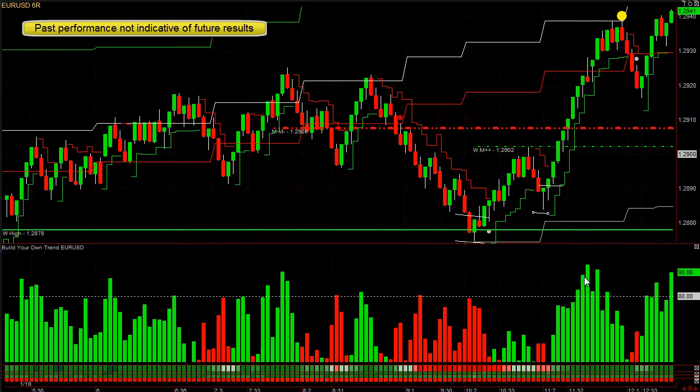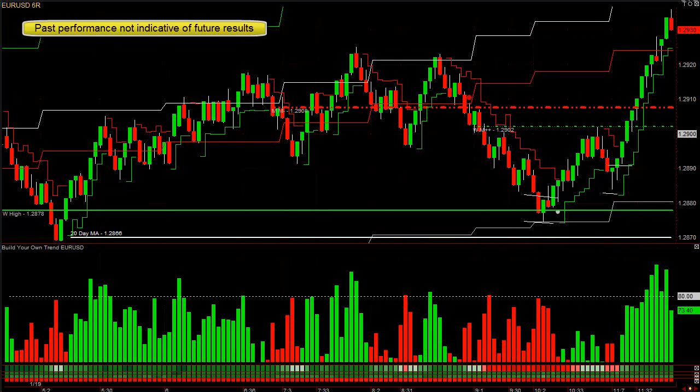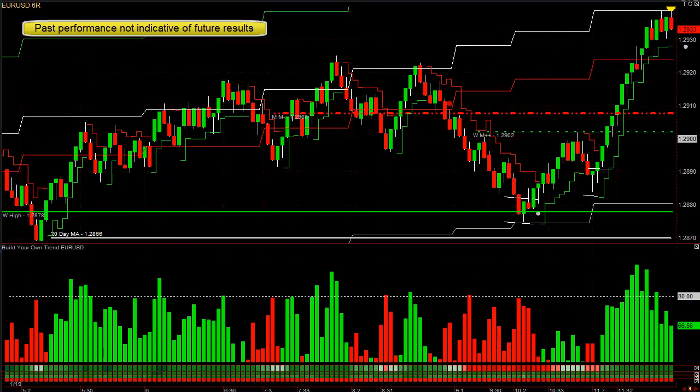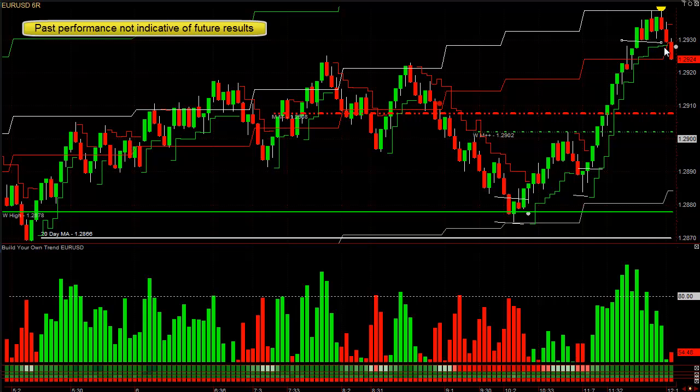Counter trend sell signal right here. At the same time, the momentum is slowing down here, as you can see. Let's scroll this over. If you're in a trade and the momentum is starting to slow down, you can watch this on the next bar and maybe get out of half your trade here at 32. Oftentimes, when I see a bunch of bars with a similar low, I put my stop underneath the low. I'm going to give back 5 or 6 pips of profit. Hopefully it shoots up another 10 or 20 pips. If it doesn't, I'd be out somewhere around 1.2928. But this is a very big 38 pip win while risking 6 pips,